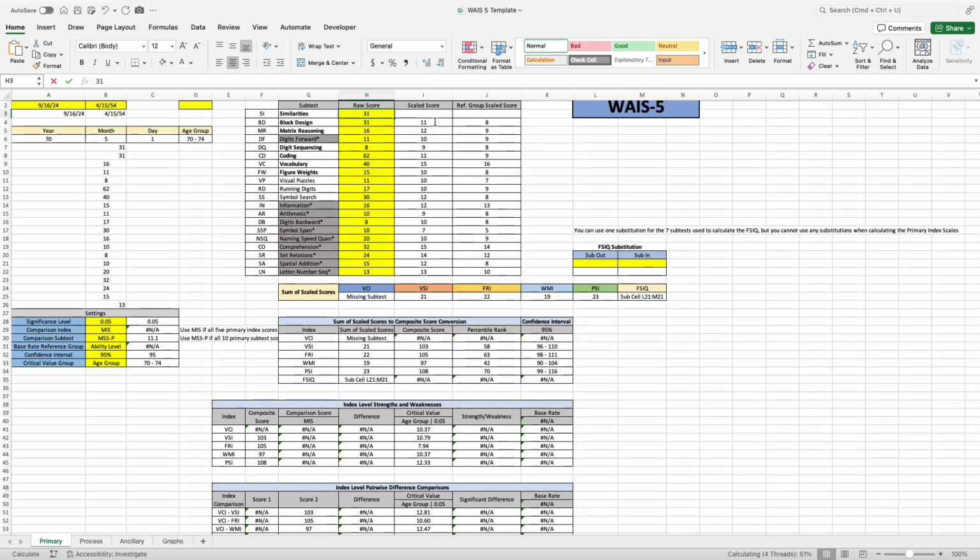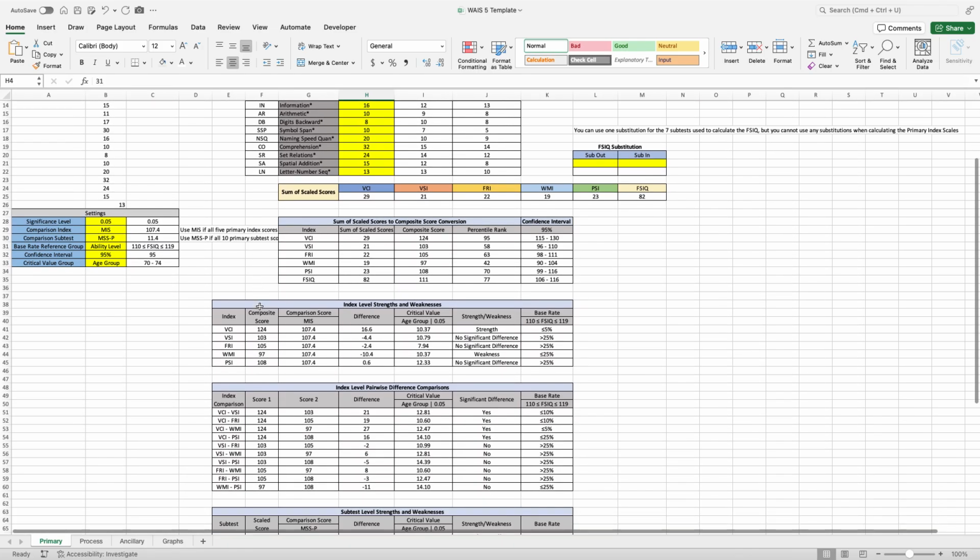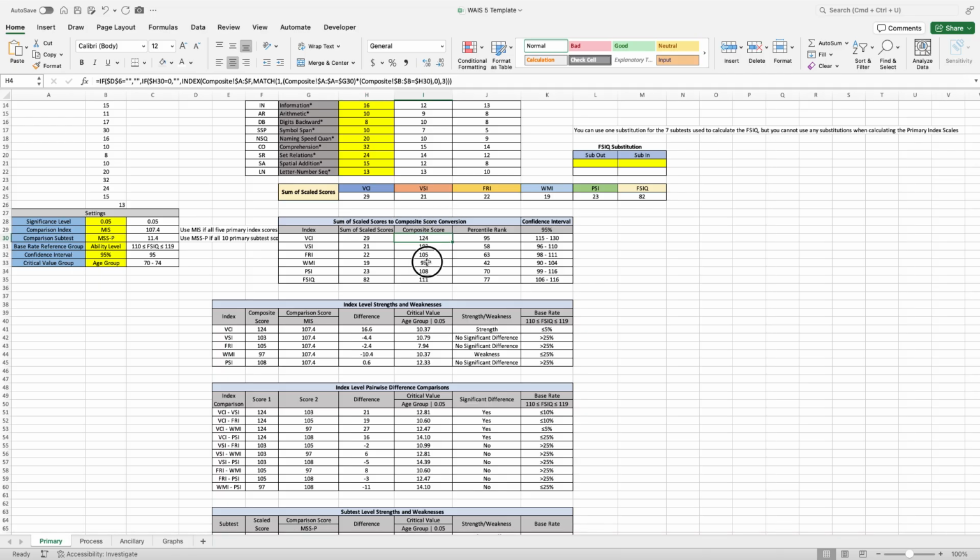Like I said, it can take a second for these calculations to load up just because of how many calculations are used afterwards. So you can see down here that we have the sum of scaled scores that are being converted to the composite scores. So these are the main index scores you're going to want to pay attention to alongside their percentile rank and